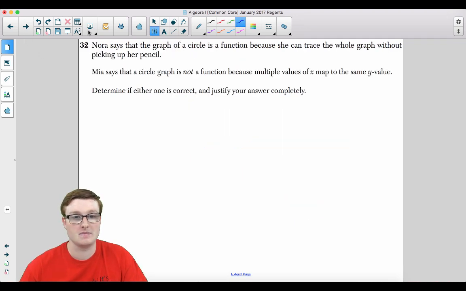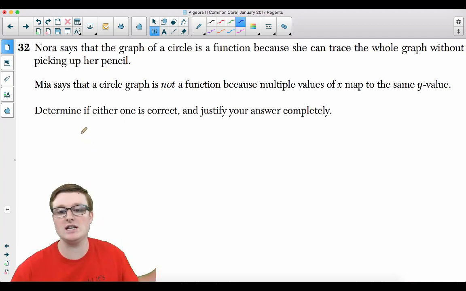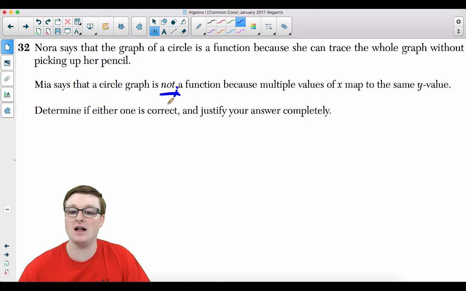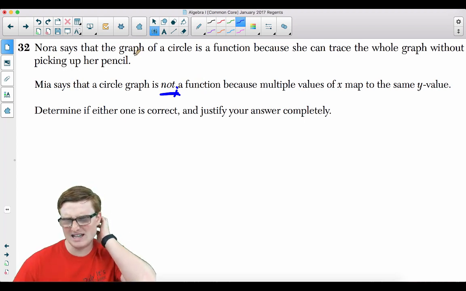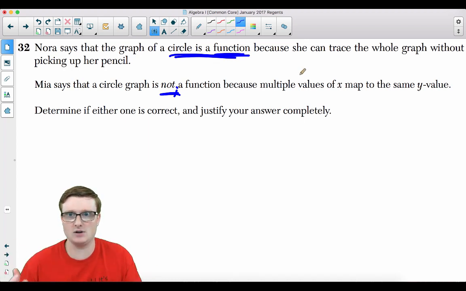Moving on to 32. Nora says that the graph of a circle is a function because she could trace the whole graph without picking up her pencil. Mia says that a circle is not a function because multiple values of x map onto the same y. Determine if either one is correct and justify your answer completely. So, first and foremost, Nora is incorrect because she says that a circle is a function. A circle does not pass the vertical line test. If you trace the graph without picking up your pencil, it doesn't mean that it's a function. So we are going to say that Nora is incorrect